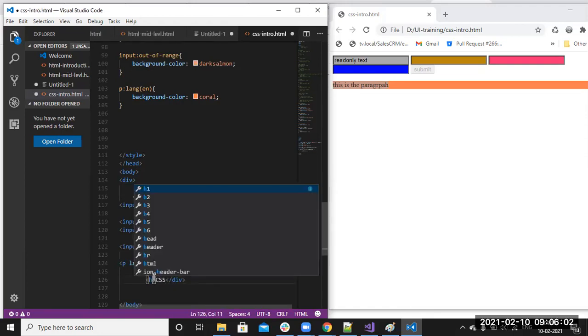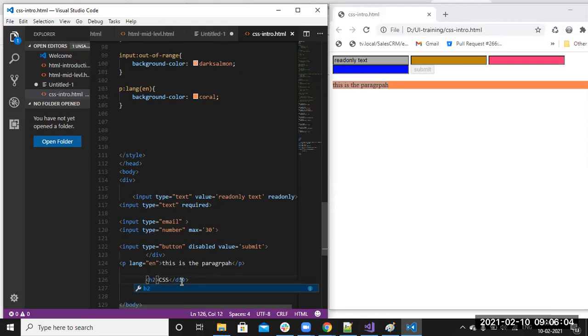Instead of that div, you can write H2. Now this CSS is there, right? For this CSS, I want to add some icon or some text.